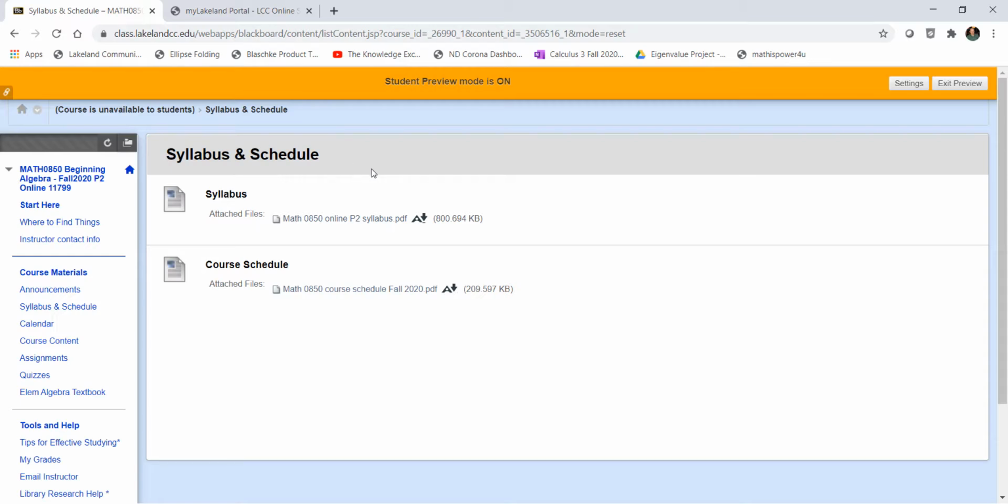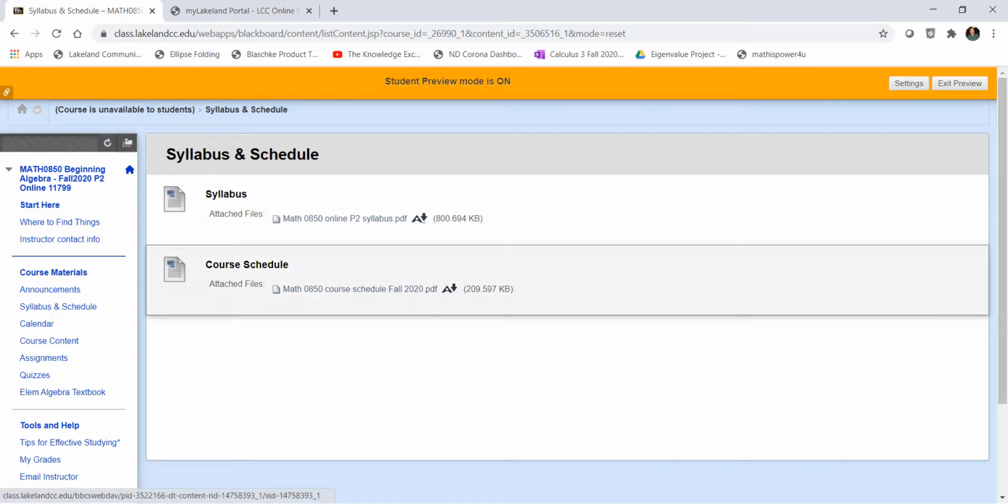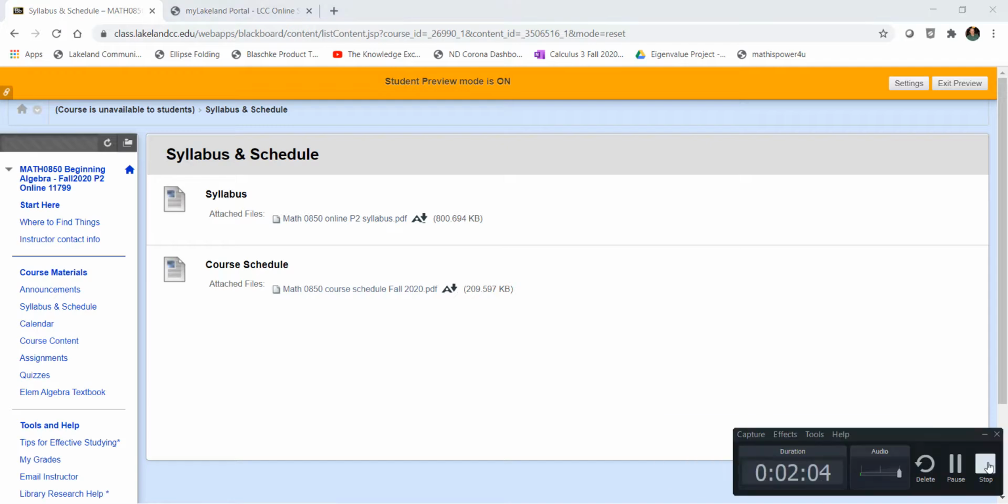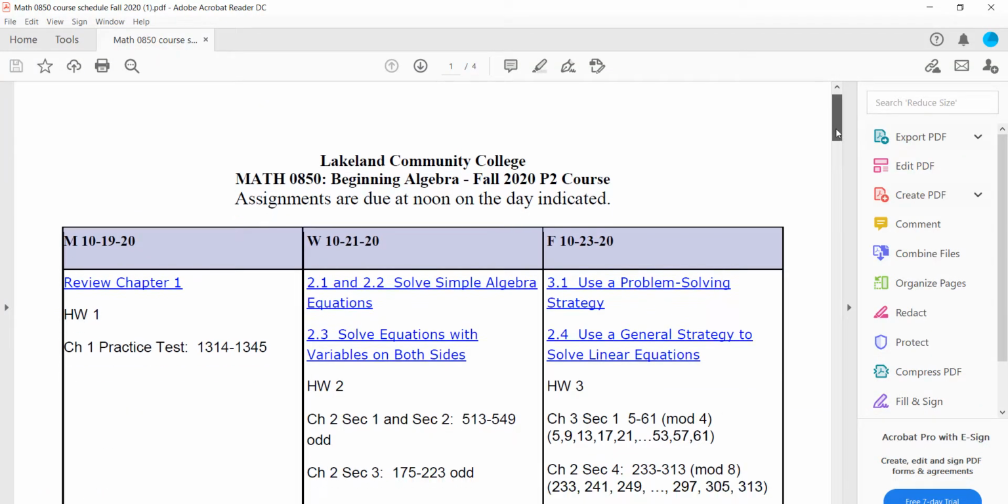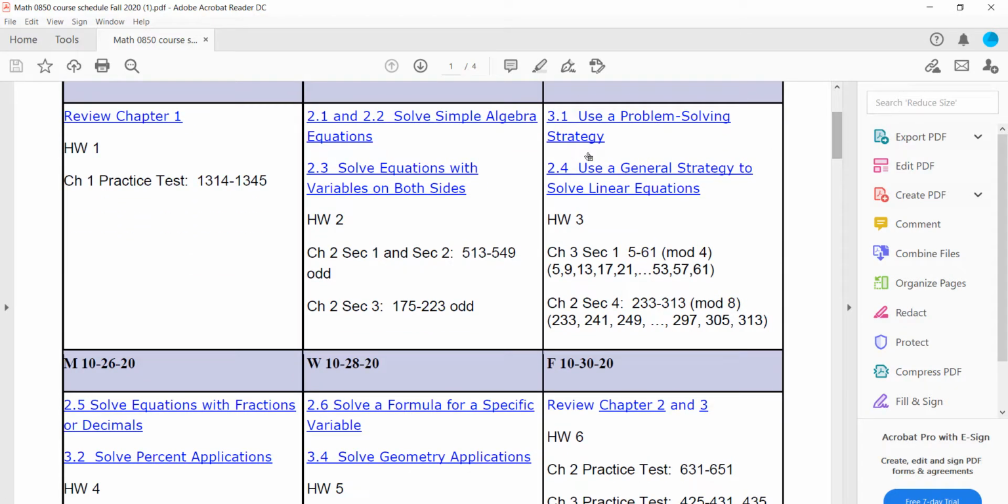So let's look at the course schedule for a moment. I think that'd be a good thing to look at. So here's the course schedule. You'll notice that each section has a link. And so if I click on one of the links, like Review Chapter 1